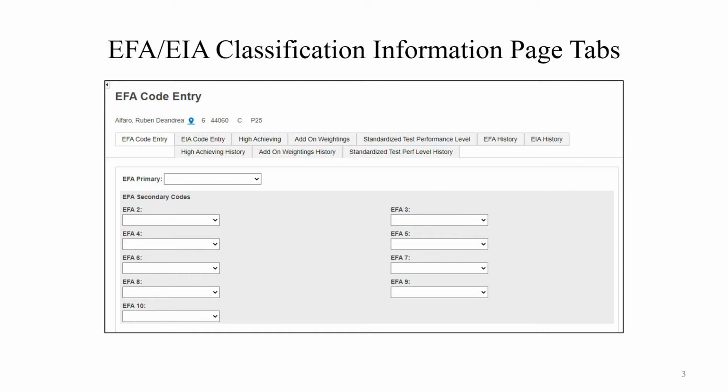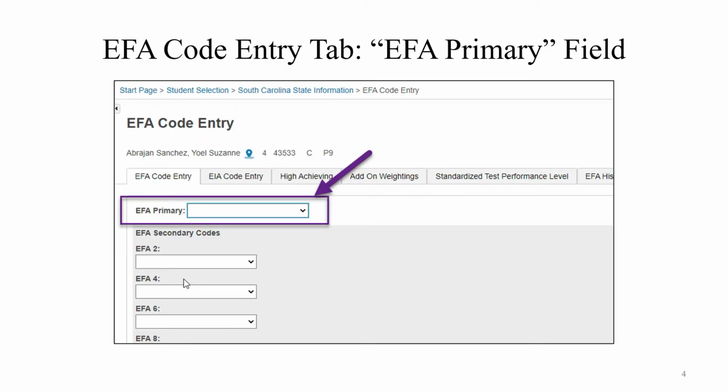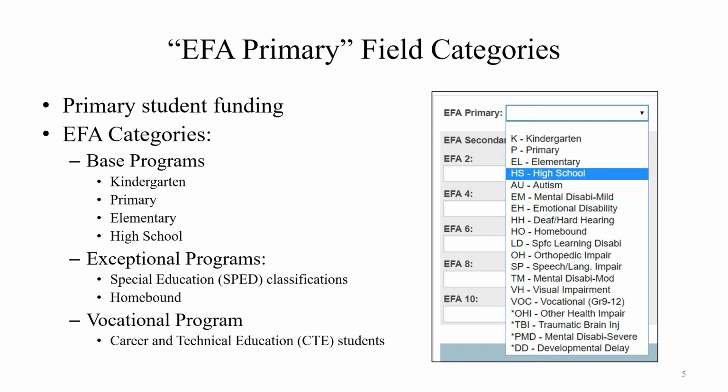The first tab that we'll explore is the EFA code entry tab. The first field that you'll find on the EFA code entry tab is EFA primary. Primary student funding is based on the value you select for this field. This value, commonly referred to as a student's EFA code, is a required data value that you must select from